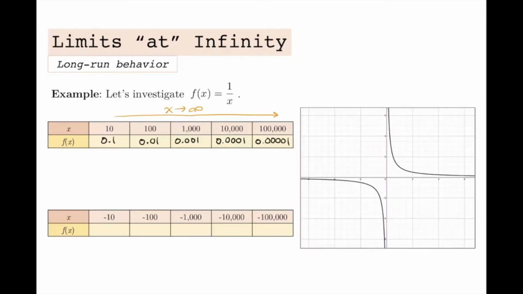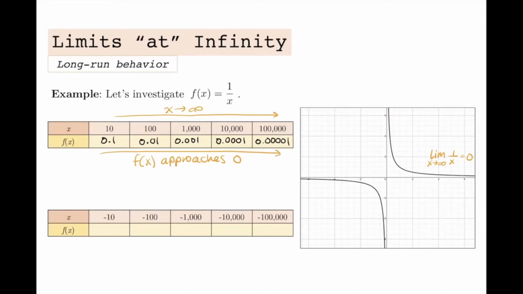You should find that you get 0.1, 0.01, 0.001, 0.0001, and then 0.00001. So you can see here that the y values are getting smaller and smaller and smaller. In other words, they are approaching 0. We can see that in the graph, even though we only go out to 6 here. As x approaches infinity or gets larger and larger, the graph is approaching the x-axis, and that is a y value of 0. So we would write the limit as x approaches infinity of 1 over x is equal to